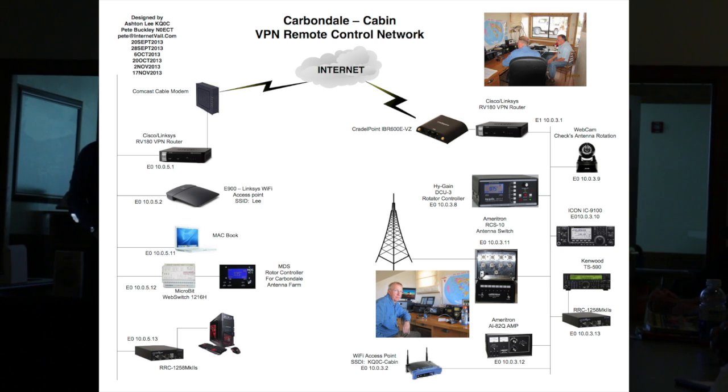If you want to operate CW or join the party, you can have one of these boxes here, Stan, as well as one of these Cisco VPN routers in Aspen, and you could join the party. We would just simply add you into this whole thing, and you could join the party and start operating the